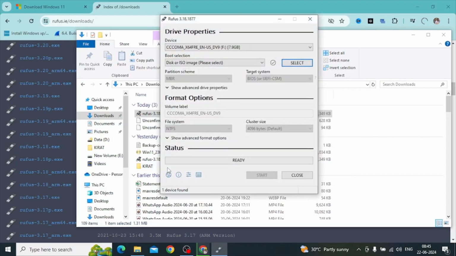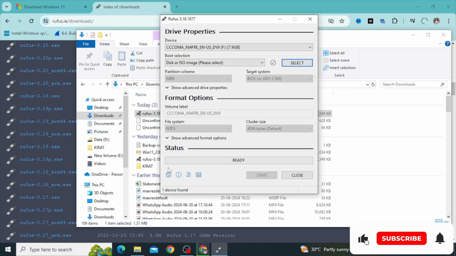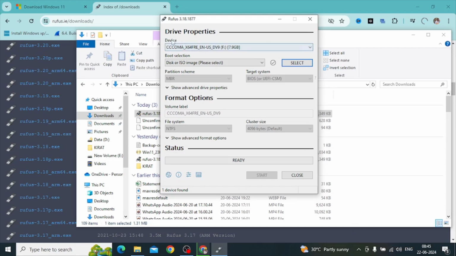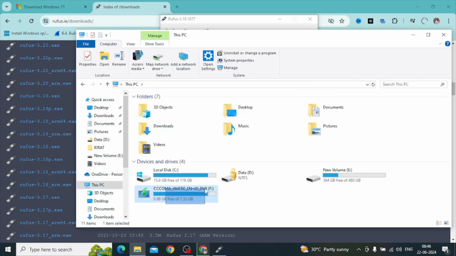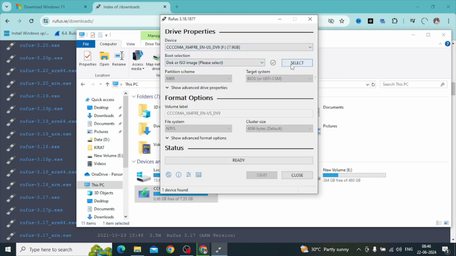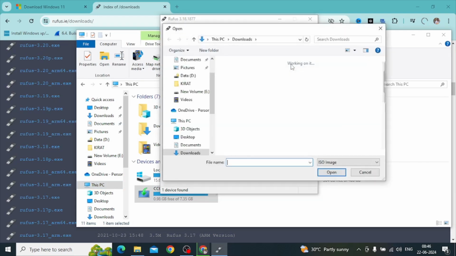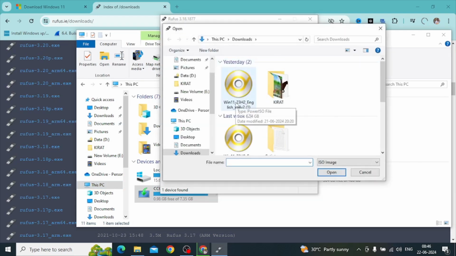This brings us to our third step, creating the bootable USB drive. Before running Rufus, make sure your USB drive is connected. In the device option in Rufus, select your pen drive. If there are multiple USB storage devices connected, carefully choose the correct one by checking the size and drive letter in the File Explorer. Next, click the select button under the boot selection to choose the Windows 11 ISO file